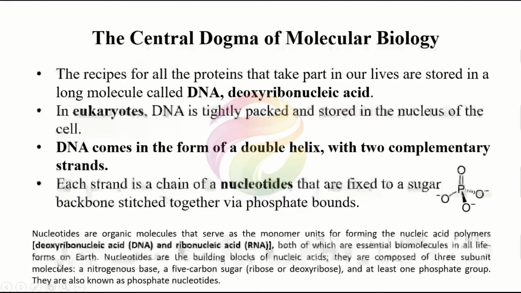So nucleotides are organic molecules that serve as the monomer unit. अच्छा, जैसे अमाइनो एसिड्स हैं, एक अमाइनो एसिड एक मोनोमर यूनिट है, और इसकी जब चेन बनेगी, that is the chain of amino acids that depicts any protein. और अब यहाँ पर जो डीएनए मॉलिक्यूल है उसमें हमारे जो मोनोमर यूनिट्स हैं, these are the nucleotides, and these are forming nucleic acid polymer. जो पॉलीमर एक चेन है डीएनए की,